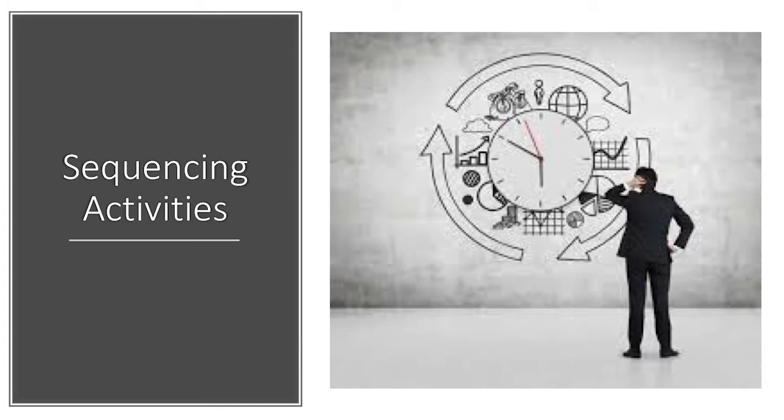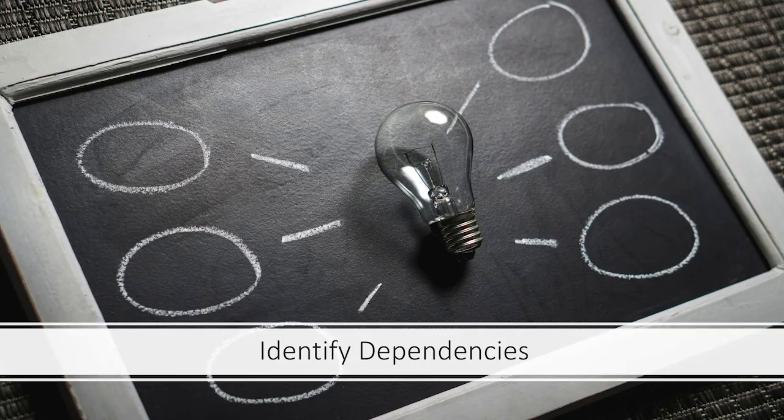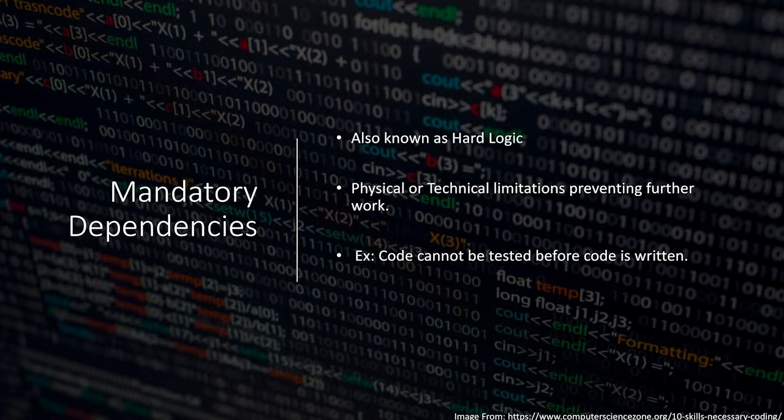The next topic in the discussion of time management is sequencing activities. In order to effectively sequence activities, their dependencies must be identified. An activity's dependency is its relationship to other activities within the scope of the project. Dependencies are categorized one of three different ways. Mandatory dependencies, also referred to at times as hard logic, are the physical or technical limitations that would prevent a